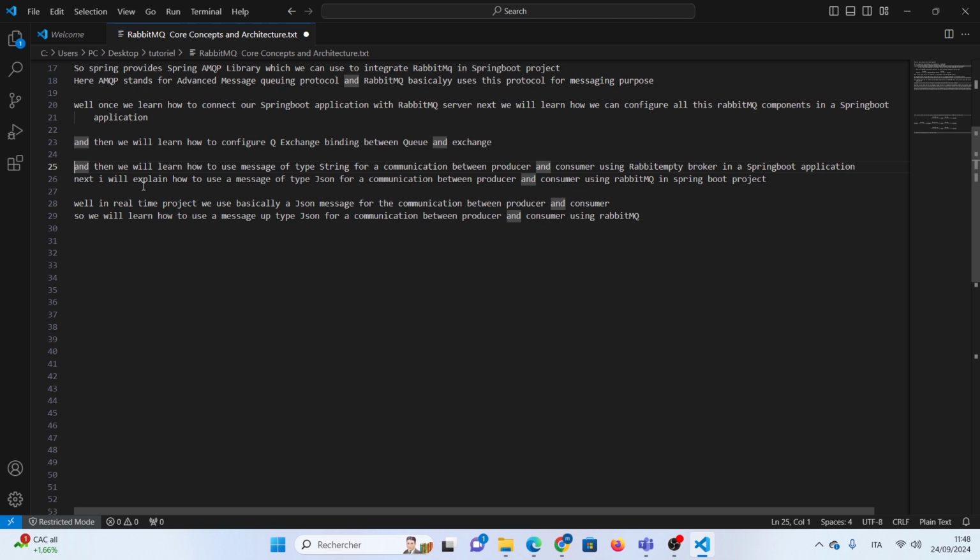Next, I will explain how to use a message of type JSON for communication between producer and consumer using RabbitMQ in a Spring Boot project. Well, in real-time projects, we basically use a JSON message for the communication between producer and consumer. So, we will learn how to use a message of type JSON for communication between producer and consumer using